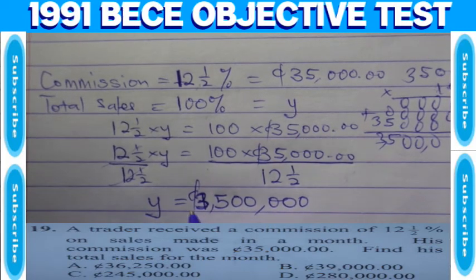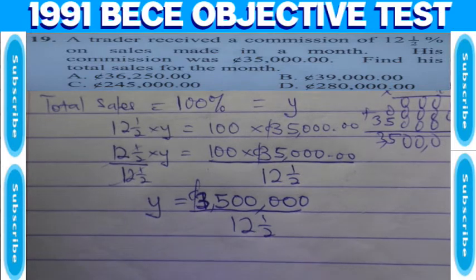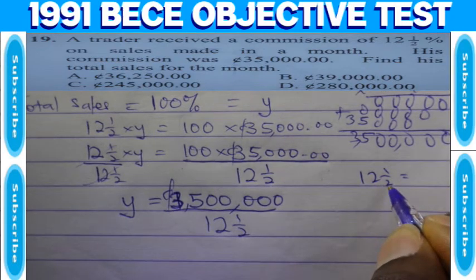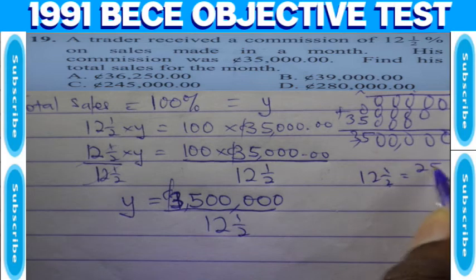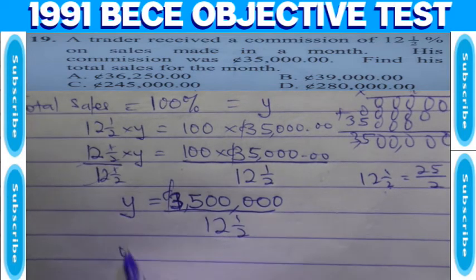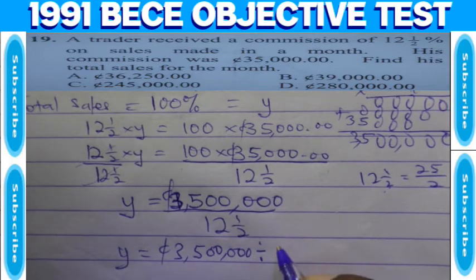And this is going to be divided by 12.5. So let's change 12.5 to an improper fraction. This is a mixed fraction. So 12.5 will be equal to 12 multiplies 2, we have 24 plus 1. It is 25 out of 2. So y will be equal to 3,500,000 divided by 25 out of 2, and this gives us